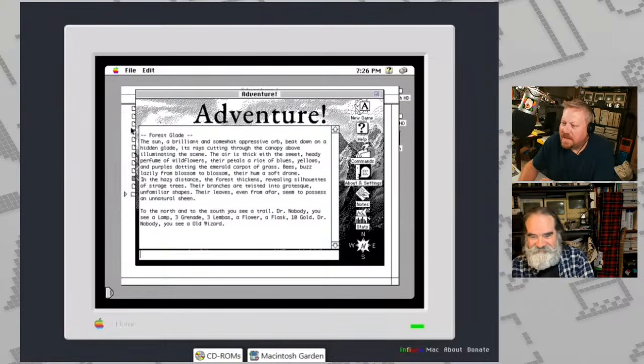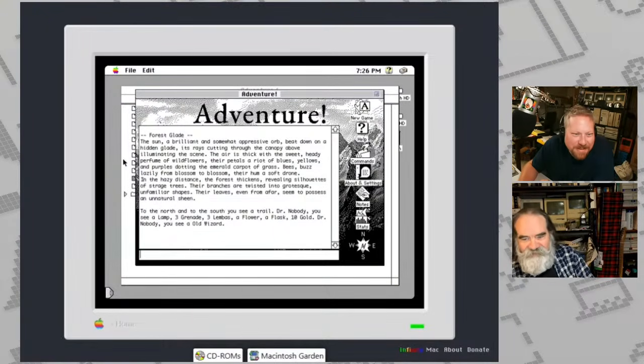The bees buzz lazily from blossom to blossom, their hum a soft drone. In the hazy distance, the forest thickens, revealing silhouettes of strange trees. Their branches are twisting into grotesque, unfamiliar shapes. Their leaves, even from afar, seem to possess an unnatural sheen. To the north and to the south, you see a trail. Dr. Nobody, you see a lamp. And there's 3 items: grenade, 3 limbus, a flower, a flask, 10 gold. Dr. Nobody, you see an old wizard.